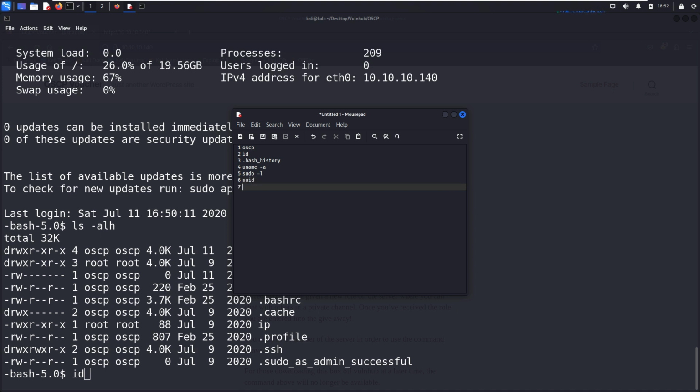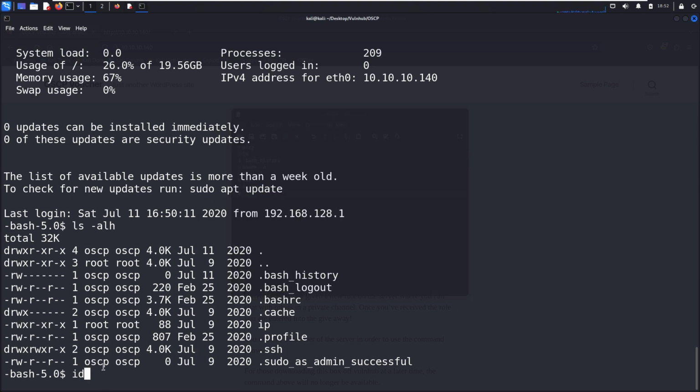Okay, and next we need to navigate some directories or locations. So let me show you in action.